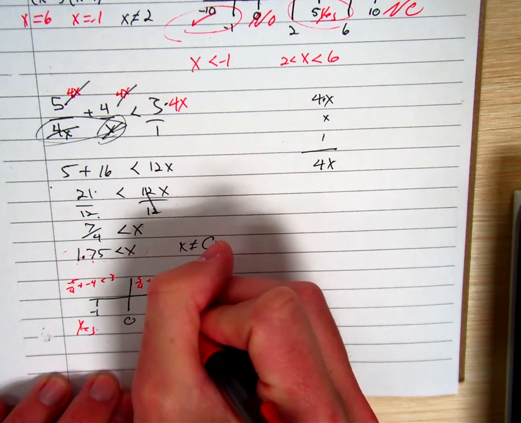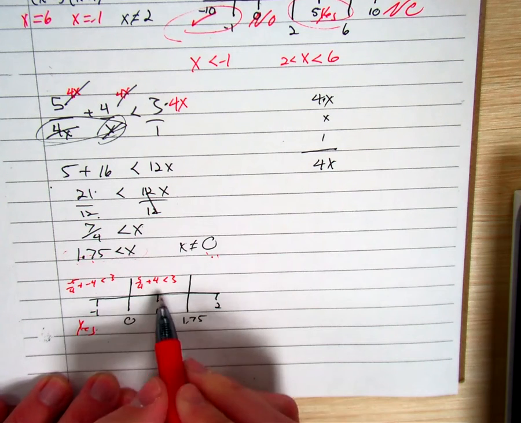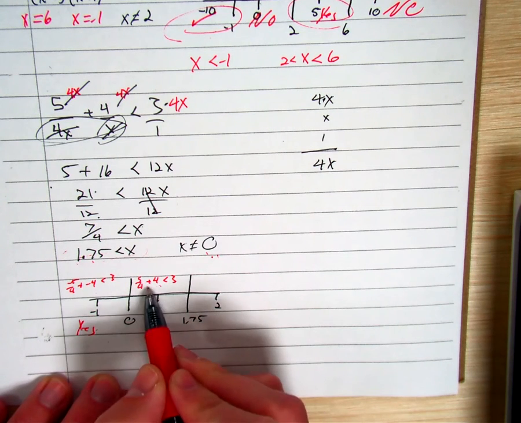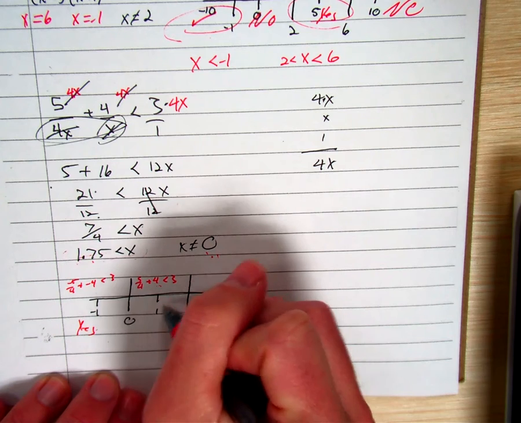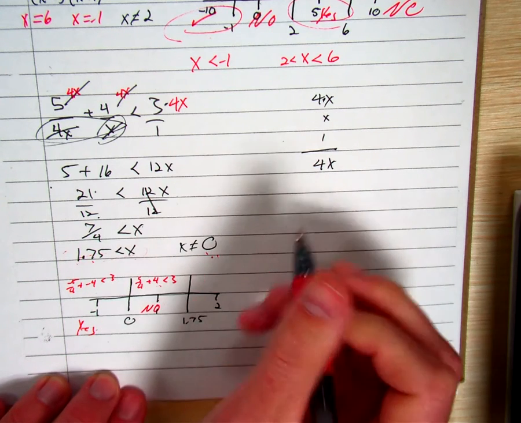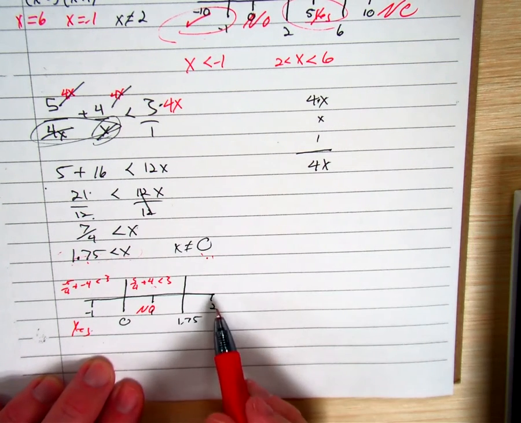5/4 plus 4, is that less than 3? So 4 is already bigger than 3, plus more. This is not going to work. No. And then if I put 2 over here,